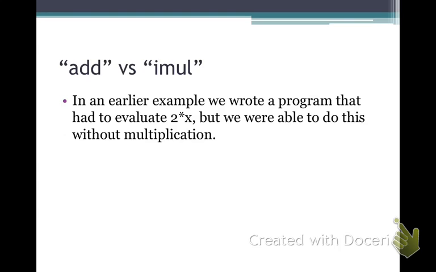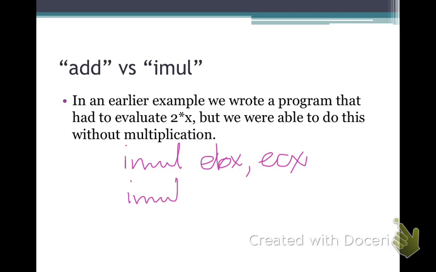In this case, I could use IMUL EBX times ECX, if EBX holds my value in it, or I could do IMUL EBX times some immediate value, 2 if we wanted to, or 32. But which of these is the better choice? I would say to you that